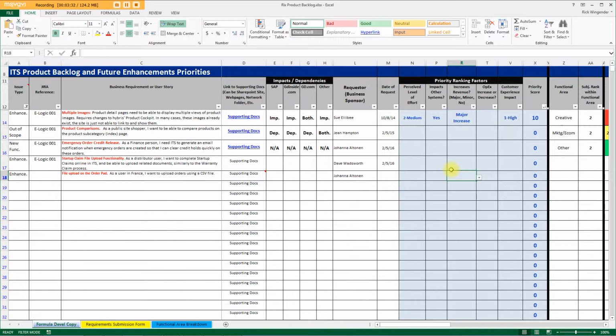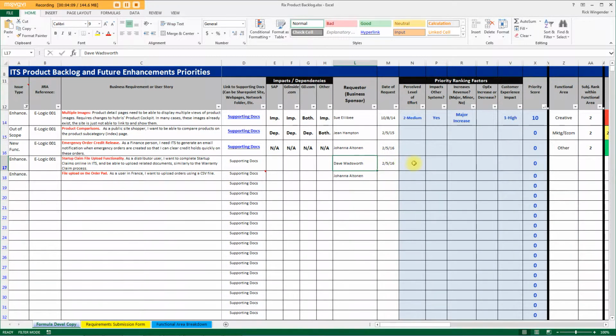Each answer results in points being added or subtracted from the priority score. Ideally, the highest priority score would help the business determine which work to pursue next. So this is fairly subjective, and it's only intended to help the business actually do actual ranks, which comes in the subsequent columns. But if you want to see what's actually in here and how this actually works, for example, we could do this one right here, startup claim. This is Dave Wadsworth's